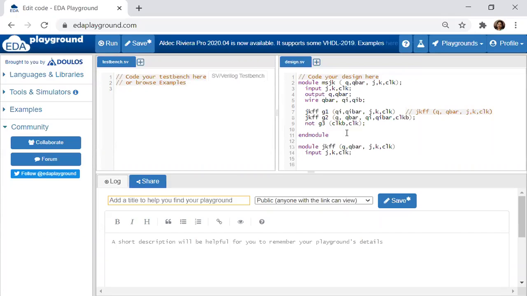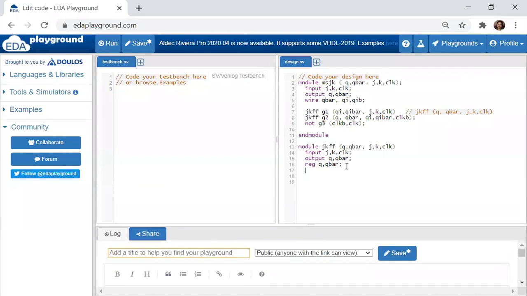What is my output? My output is Q and Q bar. Again, here it is Q, Q bar, JK, and there it is Q, Q bar, JK. It is okay because this is a different module, so you can use the same variables. If you have confusion, you can give different variable names, but if there is no confusion, no problem. Output Q and Q bar. Let me write it as register Q and Q bar, and write the program for JK.